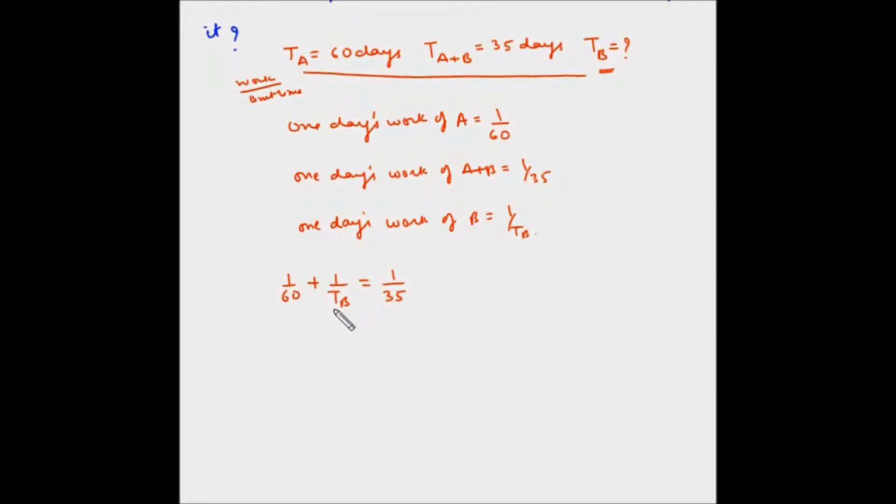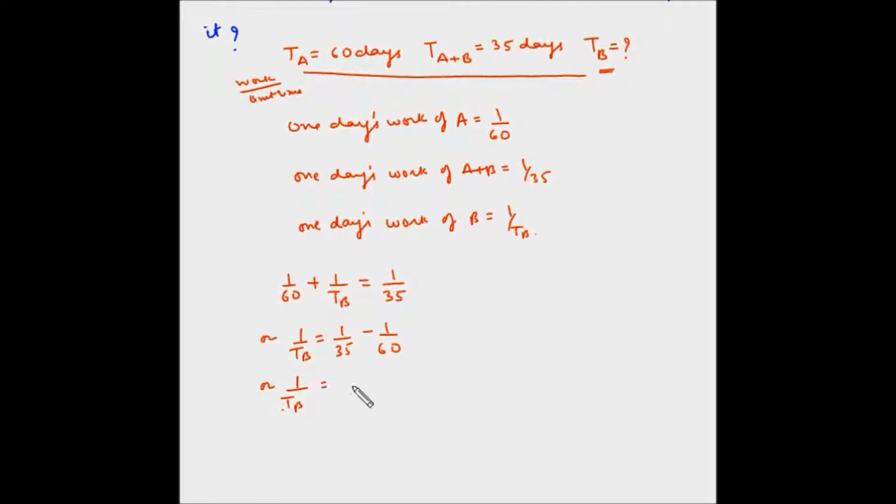So now let's find out the value of TB. So 1 by TB is equal to 1 by 35 minus 1 by 60,